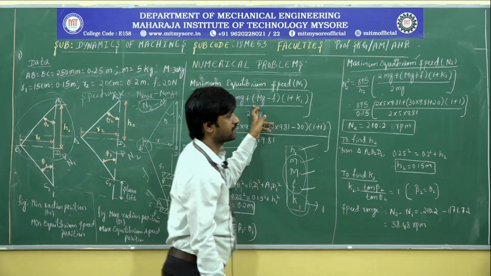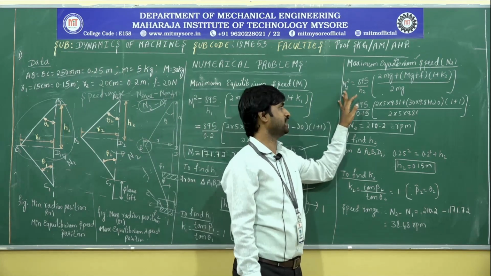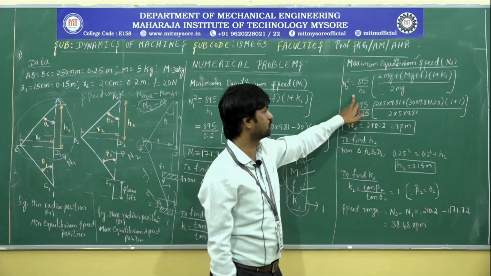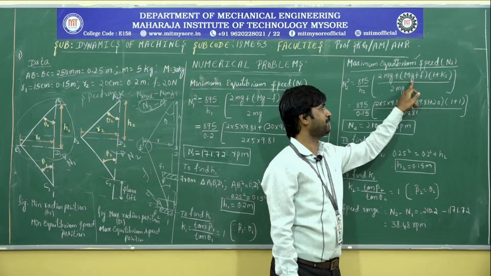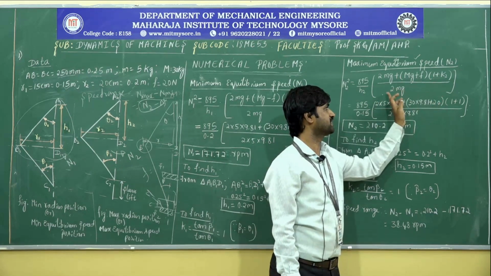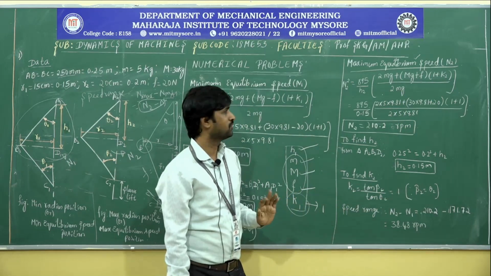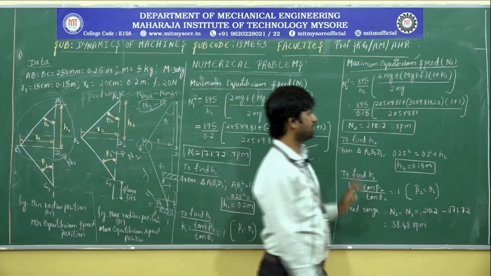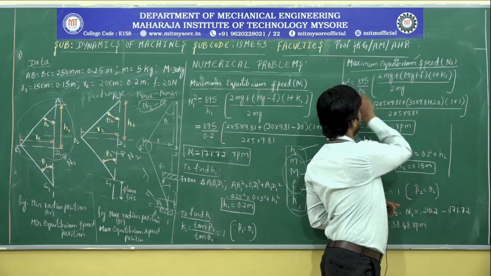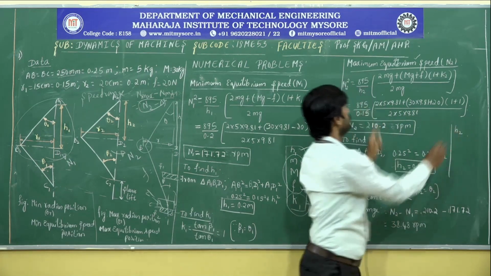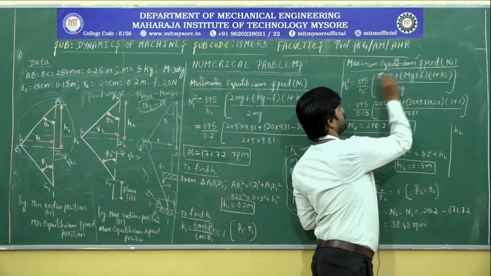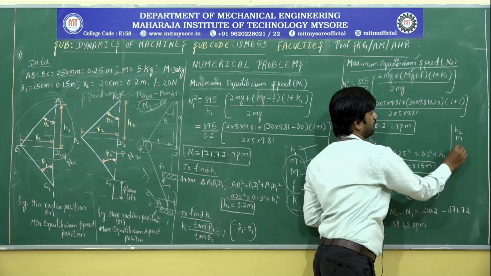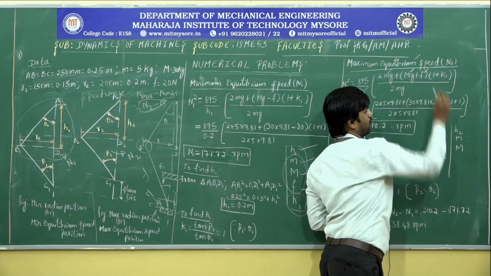Similarly, to find the maximum equilibrium speed, that is N2, we can make use of the same equation with little alteration. The value of N2 can be calculated by using the formula N2 square equals 895 by H2 in bracket 2 mg plus capital MG plus F into 1 plus K2 divided by 2 times mg. So here, if I want to find the value of N2, what are the terms we require? First I need to know the value of H2, then the value of small m, then the value of capital M,